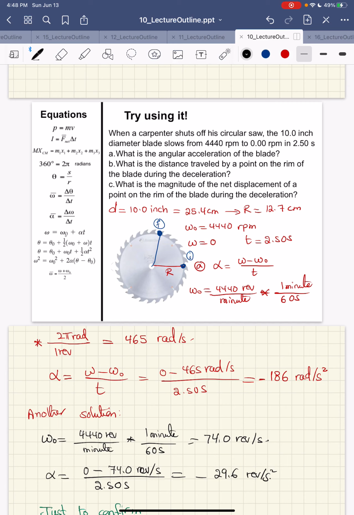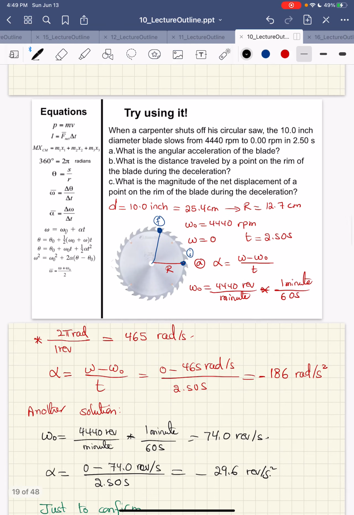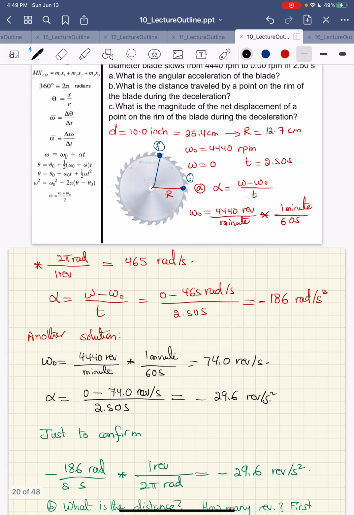Again, the diameter is given. I am more comfortable with working in SI units, and this is the reason I will convert all my units. Okay, maybe I don't need that conversion. Maybe I will not use it, but I like always to have my numbers in centimeters instead of inches. Now, omega 0 here is 4,440 RPM, and omega is 0 and t is 2.5. I like first to change units of omega 0 to radians per second, and I did this here, and it is 465 radians per